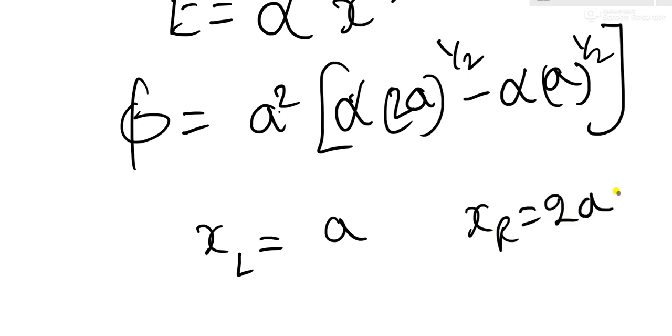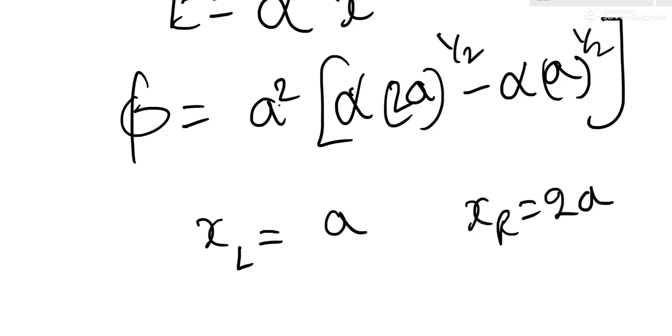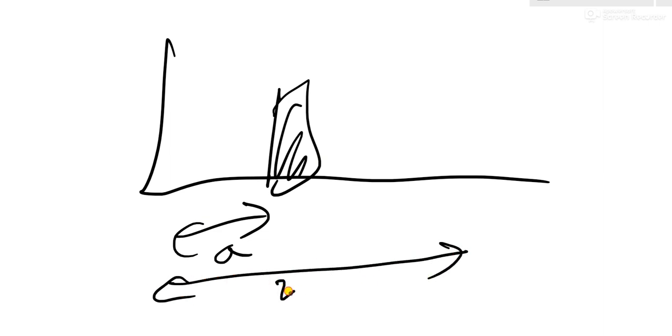As already said, this is how we can take the left side and right side. From the origin, see here, the left side is going to be at distance a and the right side is going to be at distance 2a. Okay, right side will be at distance 2a. Like this we can take it. Okay, now I'm going to solve that. See here, so I have it like this.